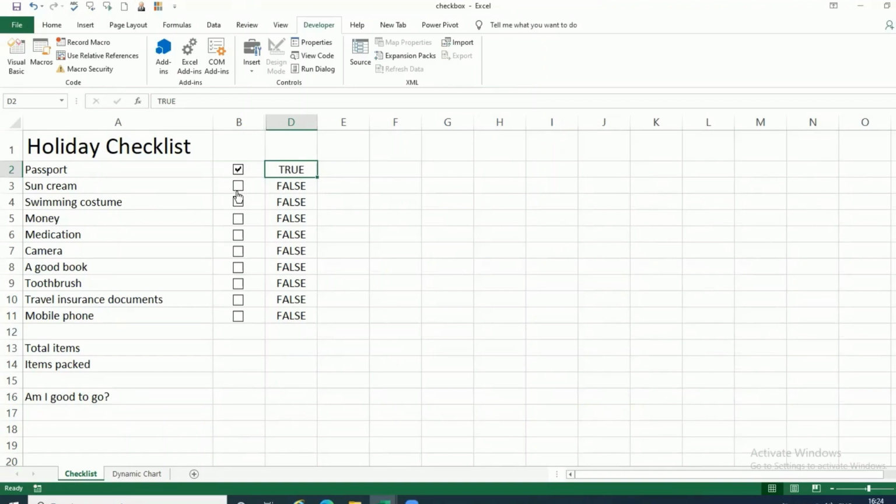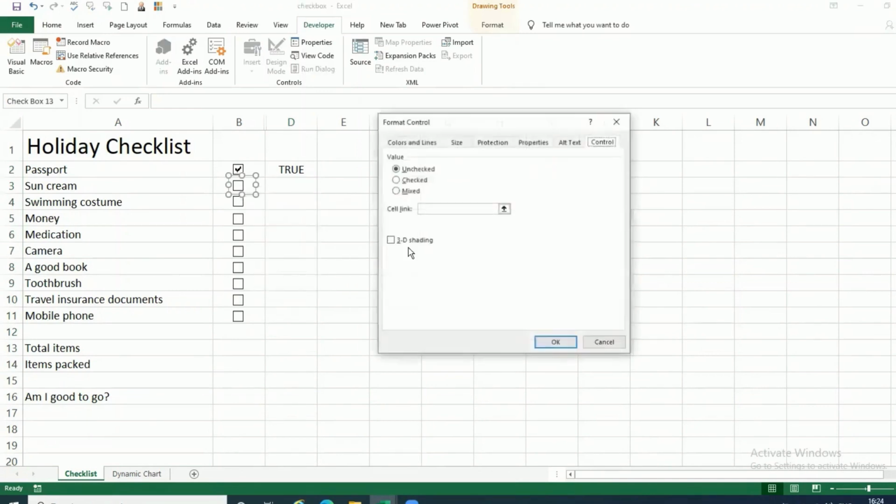Every single checkbox has to be independently linked to an independent cell. That is the only problem when you create too many checkboxes. You have to manually go here into format control and specify कि आपका next cell क्या है. Suppose मैं ये cell click कर दूं, मैंने टाइप नहीं किया, मैंने क्लिक किया, देखिए आ गया